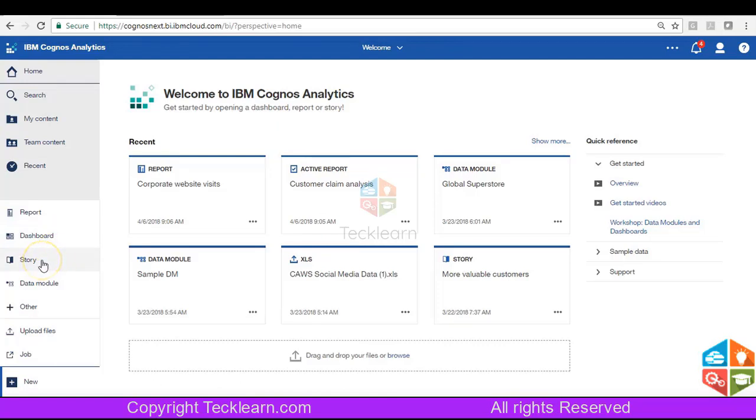And story, it is going to be like a guided journey where you are going to explain your requirement in the form of a story with various types of visualizations, emotions and all. Story is how you are representing your information in the form of a story. It is more for presentational purposes.